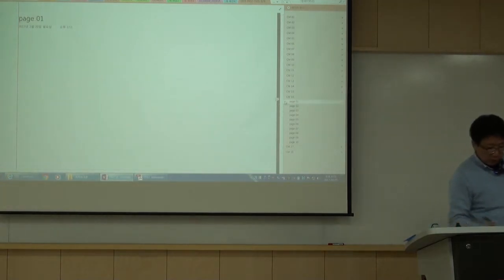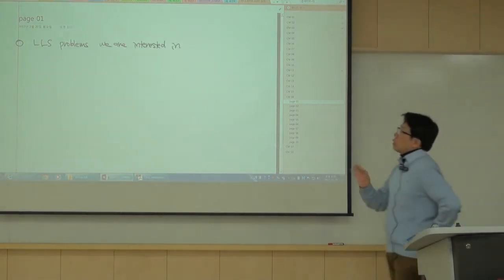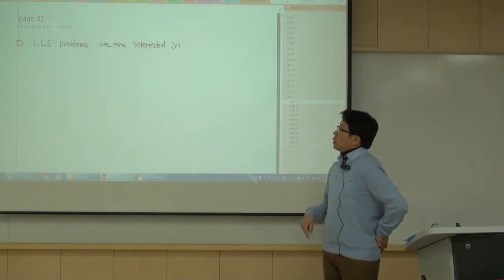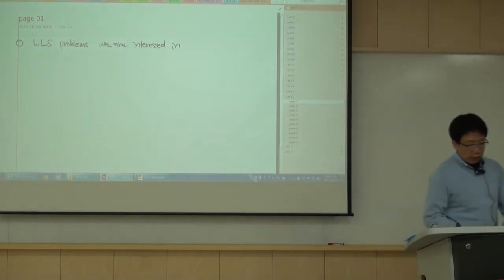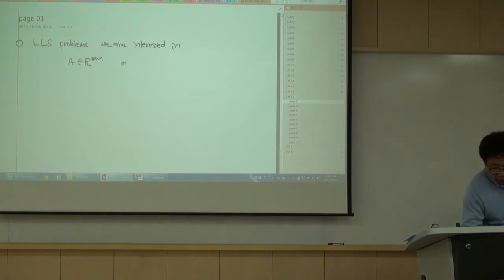Now, among the linear least squares problems, we are interested in a little bit smaller set of the linear least squares problems, where the A matrix is a square or tall matrix A,